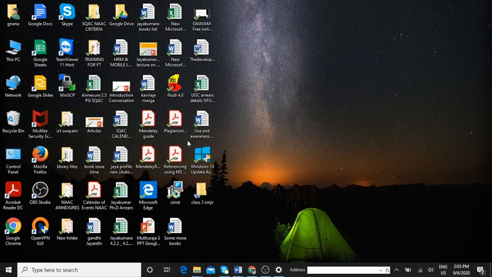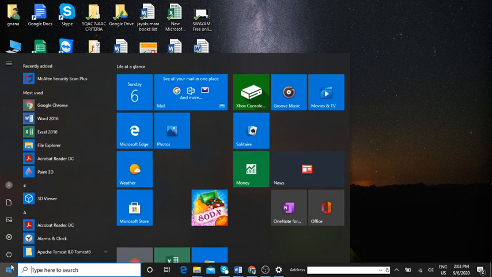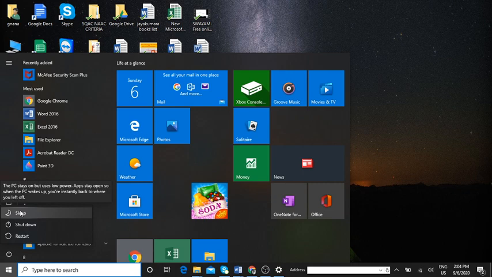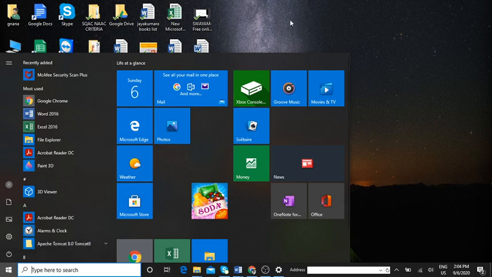Then the last topic is how to exit or quit the windows. Click on the start button. There's a power button here. Click on that power button. It asks you to shut down or exit. If you shut down, the system will get shut down. Restart, it will shut down and again restart by itself automatically. Sleep mode means if you are not working, why should power be wasted, you can just put it in sleep mode. So this is how you are supposed to do it.